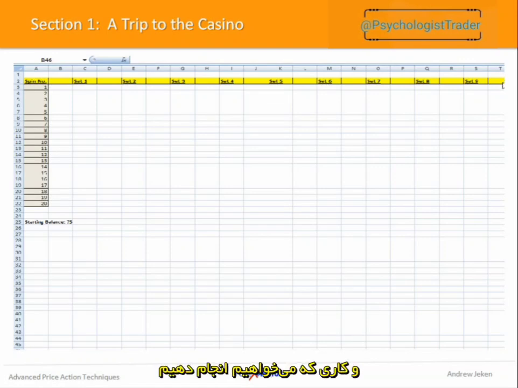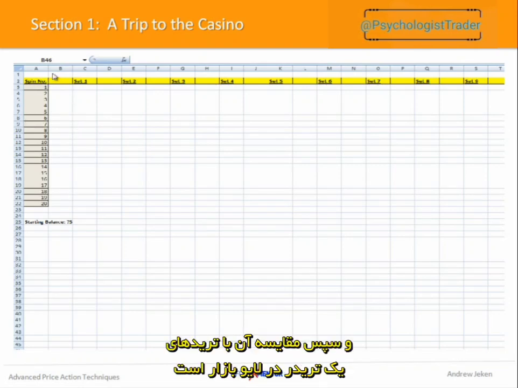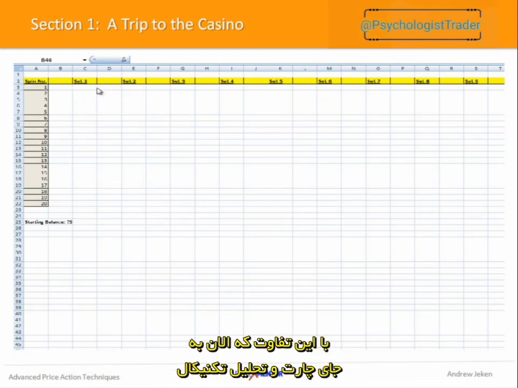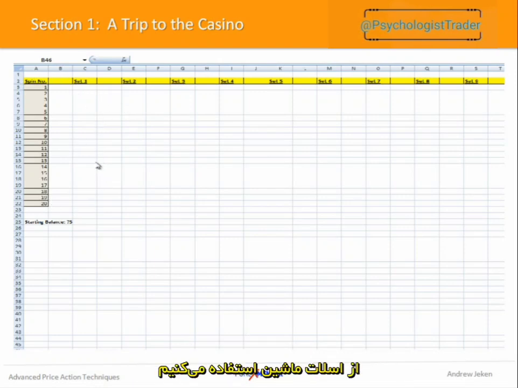What we want to do is simply track the process of the casino and then compare that to a trader putting on a live trade and then tracking his performance. We're going to go through the same process, except now instead of using charts and technical analysis, we're going to use our slot machine.